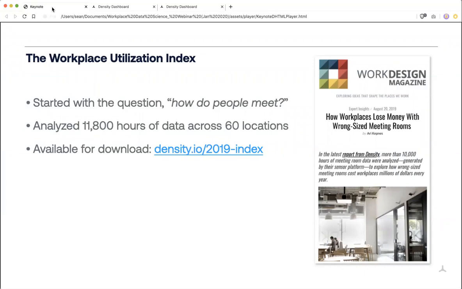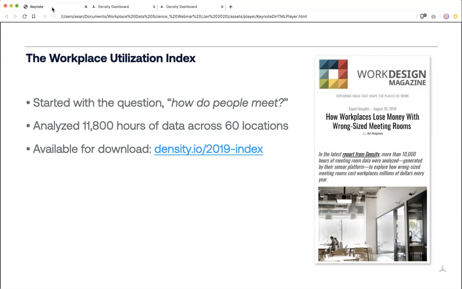So Sean and I wanted to understand, especially in the world of collaboration that we're always hearing about, okay, workplaces today need to be social environments. That's why people come to work. It's the one thing you can do that you can't do anywhere else, meet with people face to face. So we looked at